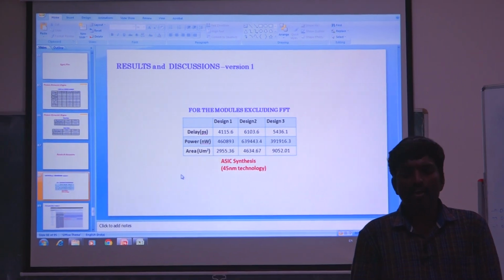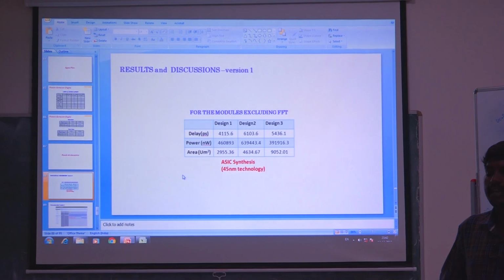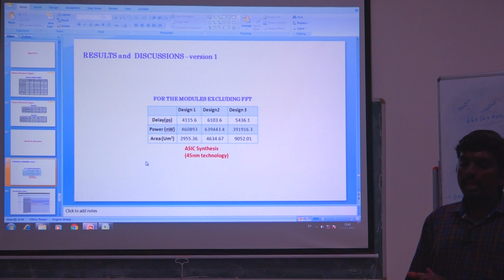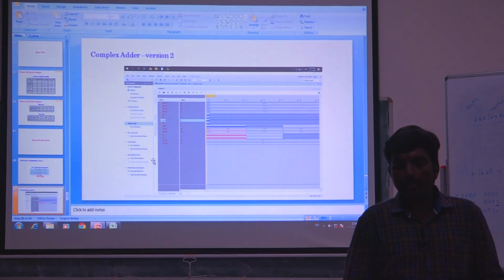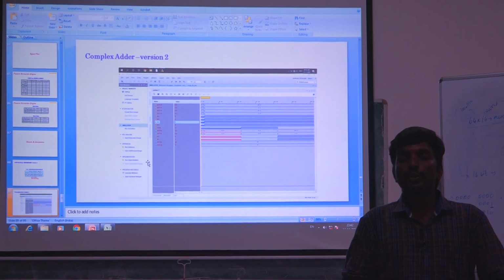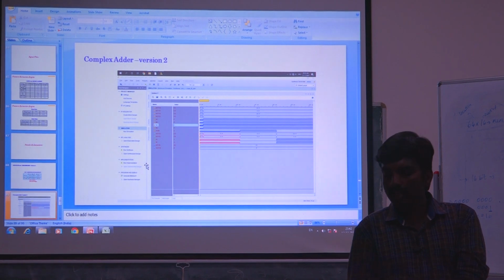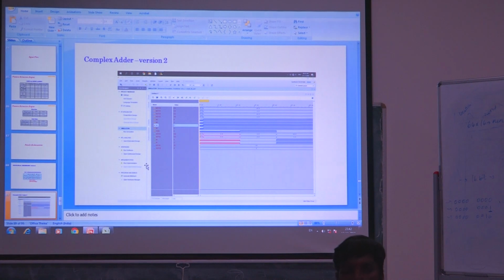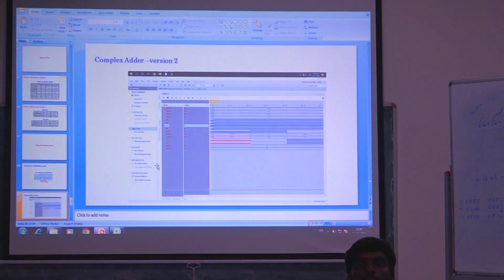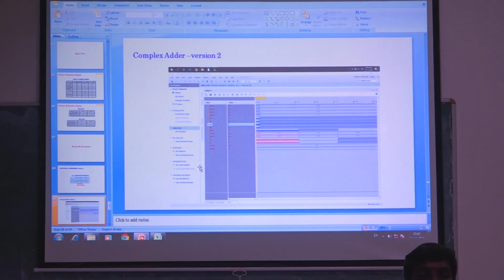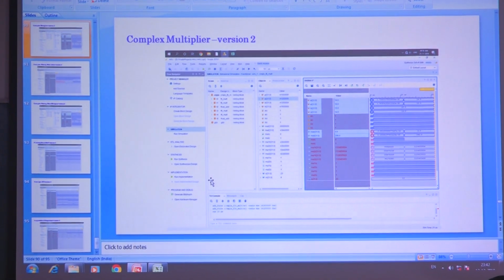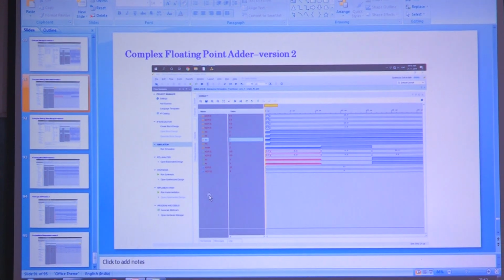Results and discussion. For version 1, whatever we did, for the ASIC synthesized with the 45 nanometer technology, we got the results of delay, power and area. Similarly, for version 2, we have the FPGA simulation results. So this is for the complex adder, which is used in the Mac and the butterfly of the FFT. Also the log computation. This is a complex multiplier which is used in the FFT, and the floating point adder,